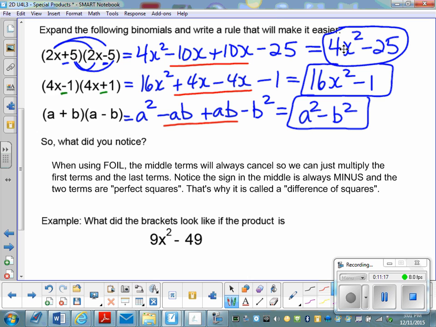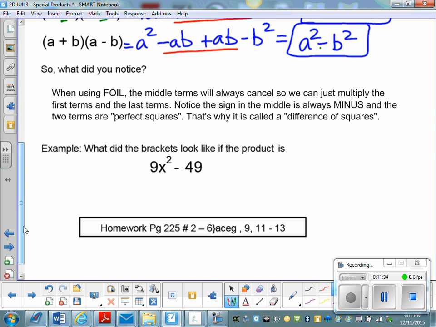Okay, and notice that the final answer always has a minus sign in the middle, and the terms are perfect squares. So these expressions here we call difference of squares. So here's an example of difference of squares because we got a perfect square, and there's the difference in the middle. What do you think the brackets look like